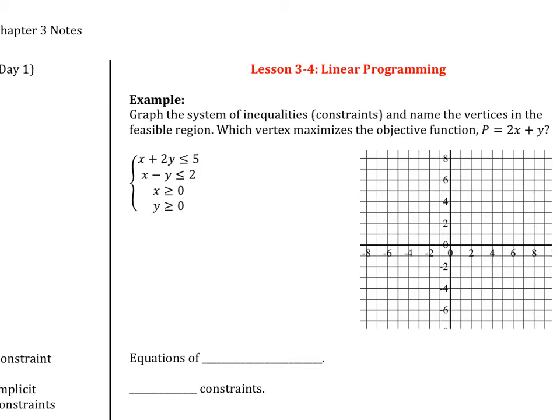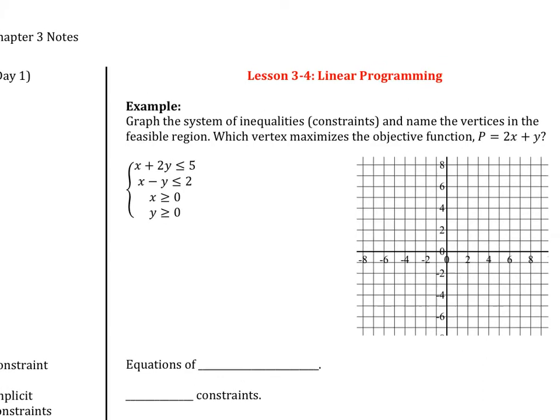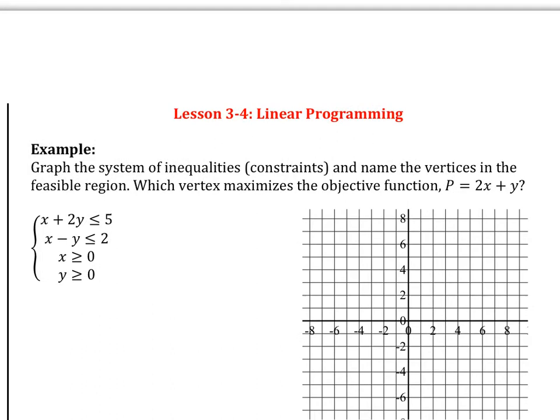Let's look at this first example. It says graph the system of inequality, and we call that constraints, and name the vertices in the feasible region. Which vertex maximizes the objective function? Wow, that's a lot of information. So first, we have so many new words that we have not seen before. First, constraints, vertices. Maybe you know vertices, maybe you don't. Feasible region, maximize objective function. So there are a lot of things going on, but let's go ahead and do what we know, which is